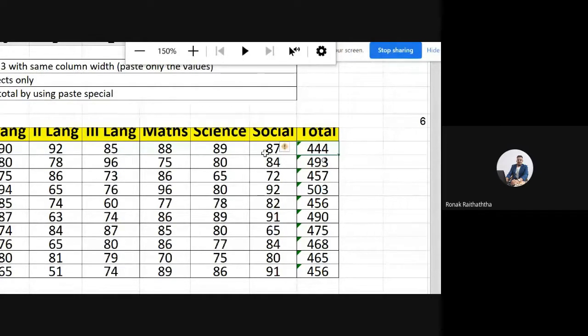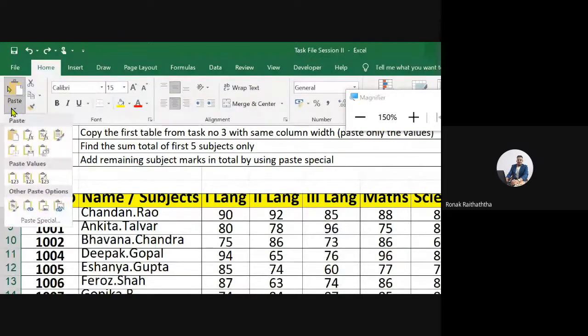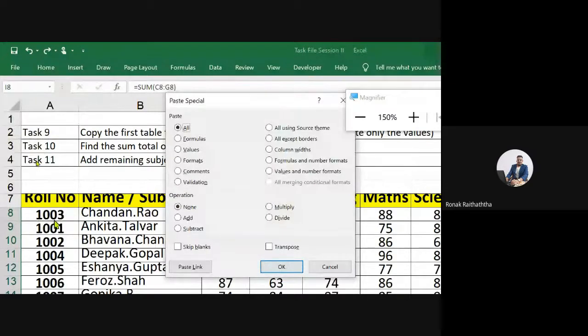So step number 1 is select the marks of the particular subject which are left alone, not yet considered in the formula. Have a Control C over there. And once Control C is pressed, just go to the total and select from the first to the last one. Do not Control V there. Please go over there in the Paste Special, because we do not want to paste the values and anything else. We just want to paste with some operation. So going to the Home tab, going to Paste Special, you should be able to see the option of Add.